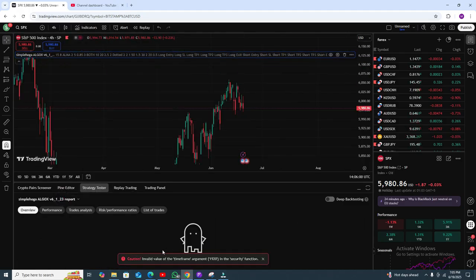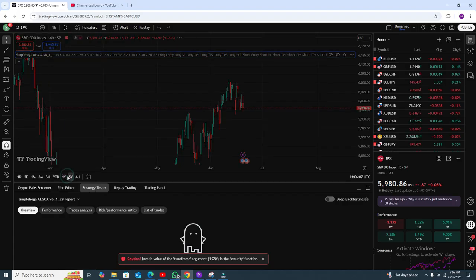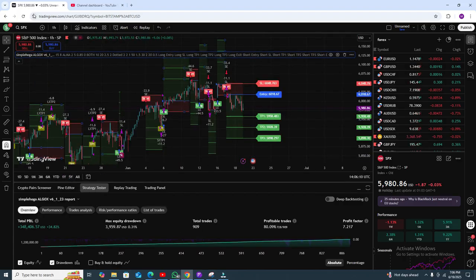In the 4-hour time frame you can see it is not working, so I am really sorry, it's not working on the 4-hour time frame, but you can use it on 5 minute, 1 hour, or 30 minute. In lower time frames you can use any, there is no issue, but you cannot use it in higher time frames, and that is bad news. But the good news is you can use it on the 1 hour time frame as well, there is no issue.